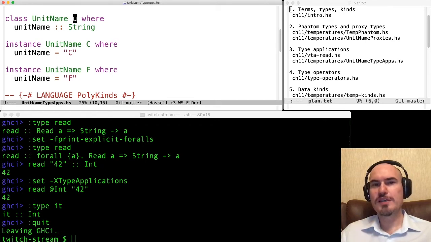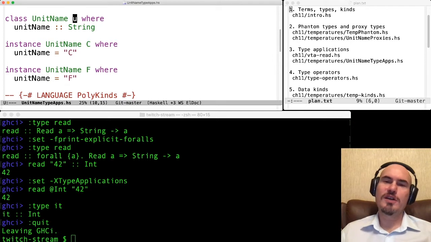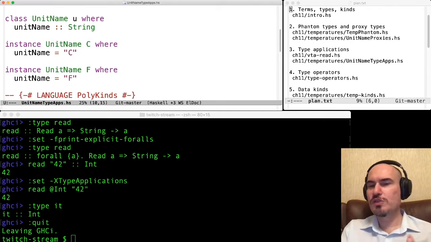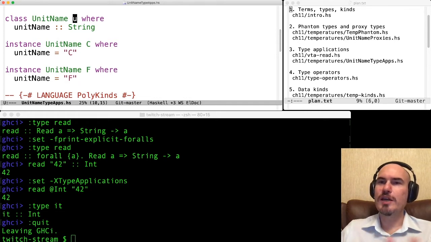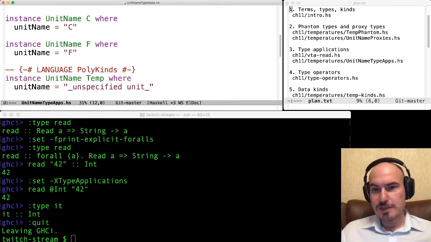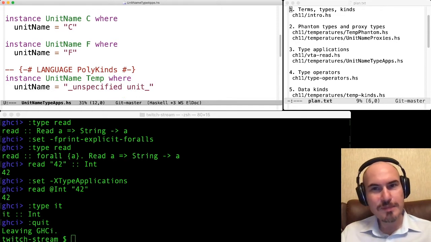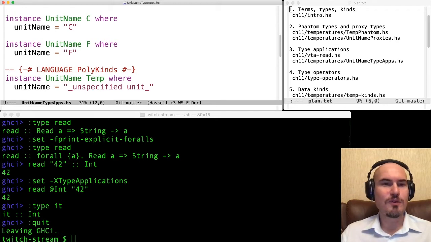So polymorphism means we can use it for kind Type, we can use it for kind Type to Type, we can use it for kind Type to Type to Type, etc.